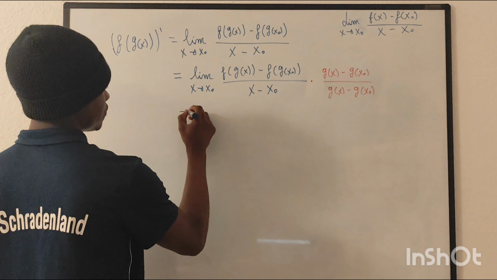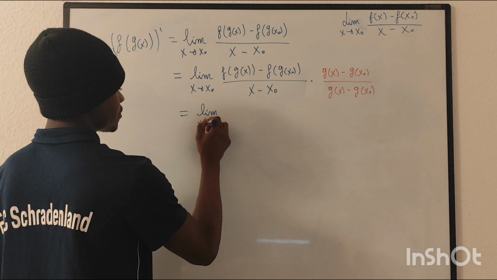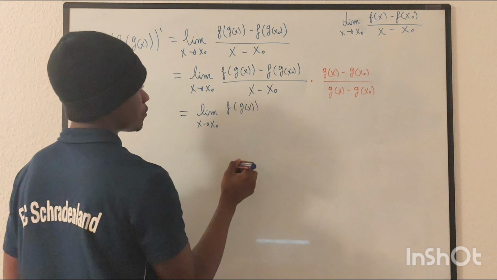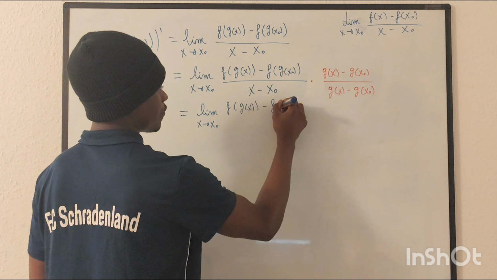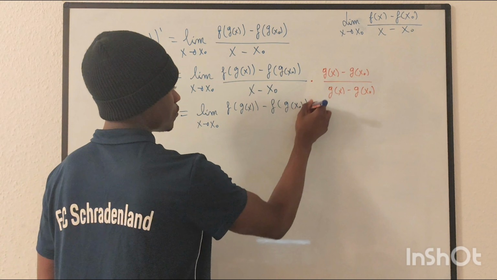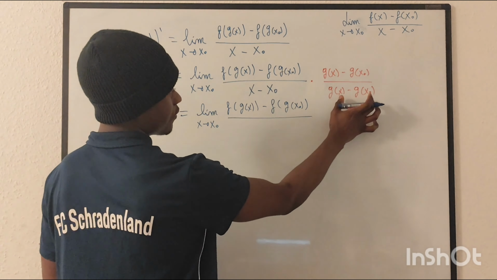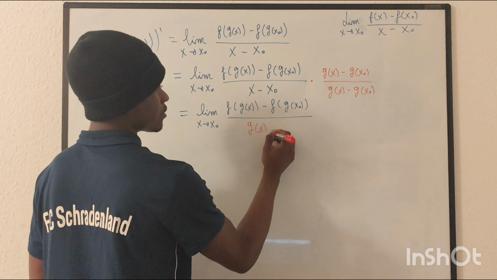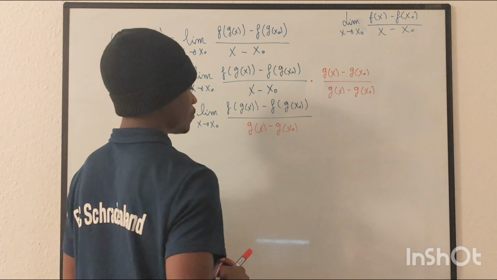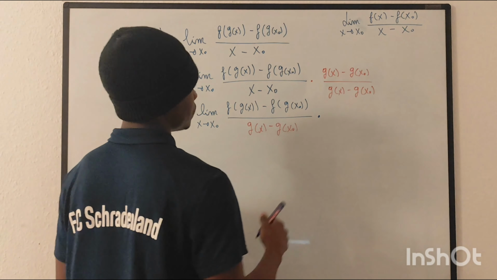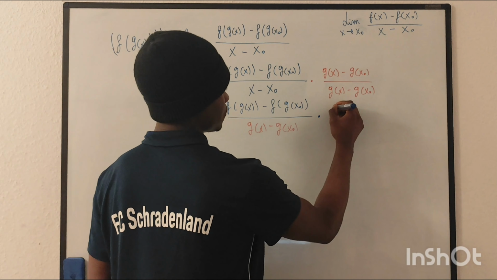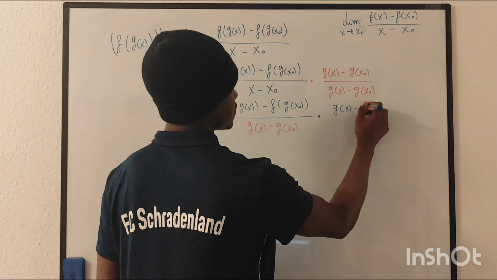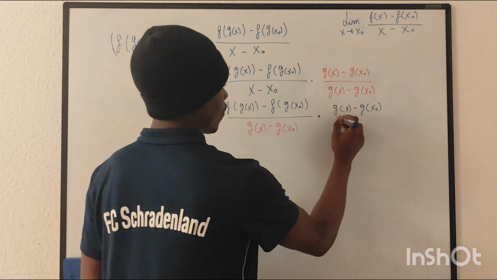That will mean the limit when x comes to x0 of f of g(x) minus f of g(x0) over g(x) minus g(x0), times g(x) minus g(x0) over